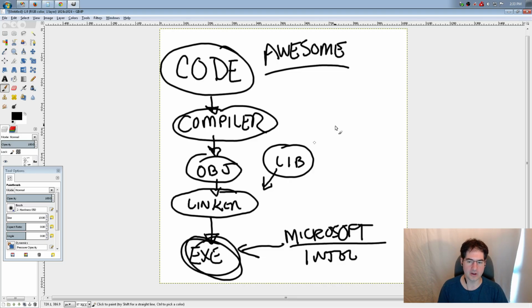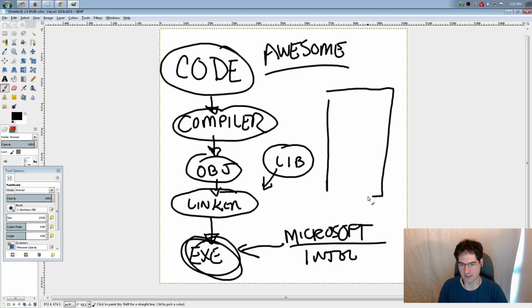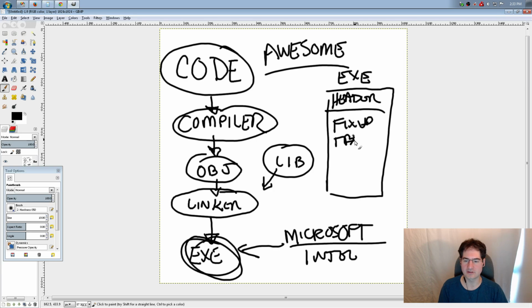And the layout involves stuff like, and this is not the actual layout of an exe, because I don't even remember the actual layout of an exe. It's been years since I've looked at it. But it's basically something like a header that says this is an executable file. And this is the exe on disk, right? It's got a fix-up table, right? So there's a bunch of data in here that says where we called system calls, where we called all the stuff that needs to go to the operating system. And then it's got Intel format code, the operands for the CPU, all the CPU code that we actually generated, all bound up in here, right?